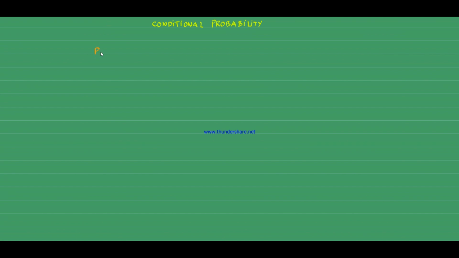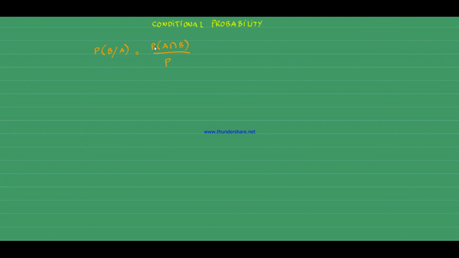So P of event B, restricted by the occurrence of event A, has a formula, which is equal to the ratio of event A intersect event B over